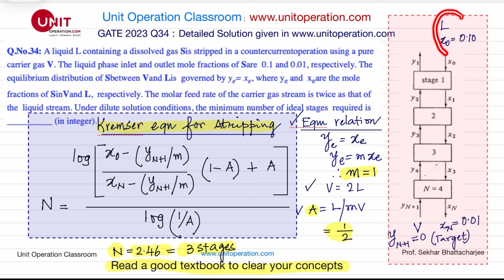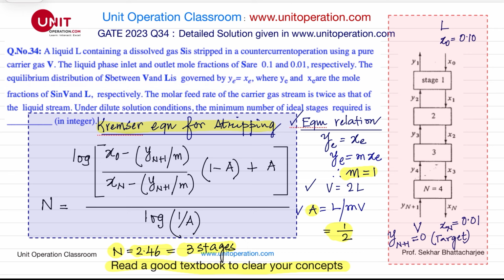So this is a liquid L coming from the top of the tower here, and this contains, let's say, a pollutant or a contaminant, and its mole fraction is 0.1, and the concentration has to come down to 0.01, so it's around 10% to around 1%. That's my target. And the equilibrium distribution of S between V and L is given by Y is equal